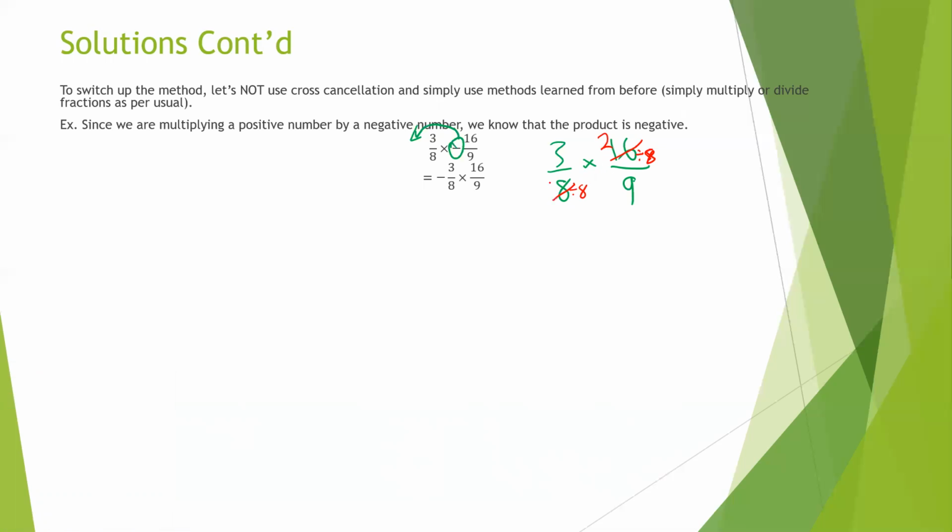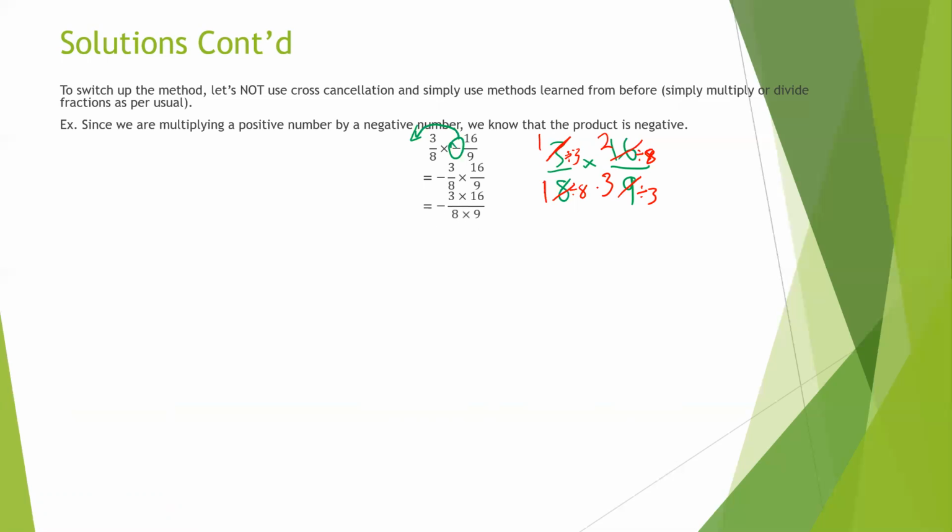And sorry, that makes a 16 become a 2 when I divide by 8, and this makes it become a 1. And I do the exact same thing here. I divide the 9 by 3 because it can be divided by 3, and obviously 3 can be divided by 3 as well. So I'm simply dividing the numerator on the left and the denominator on the right by a common factor of 3. So when you reduce this, this becomes 1. And then when I divide 9 by 3, this becomes 3. So then this reduces to